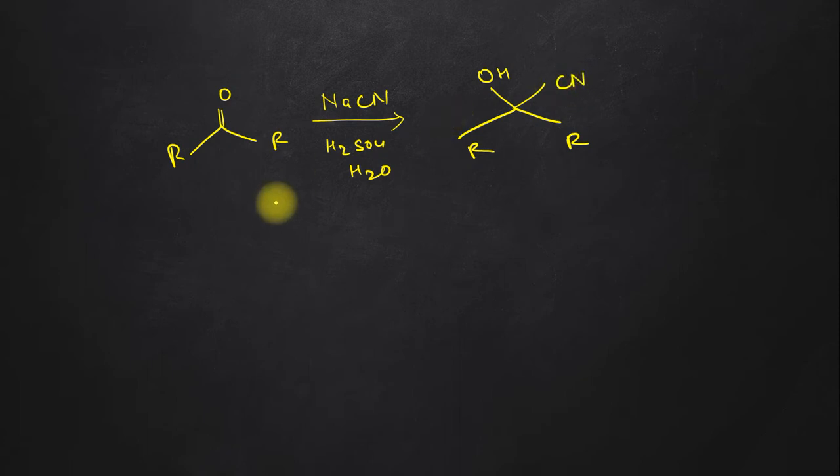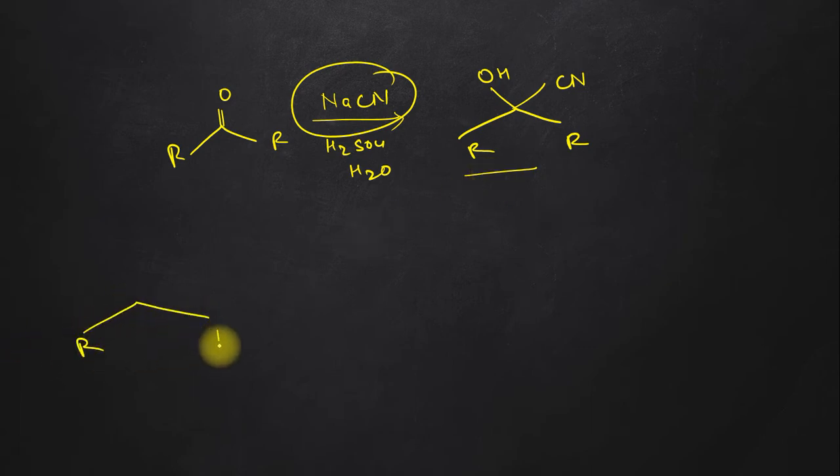Now this reaction, the reaction of an aldehyde or ketone with sodium cyanide, is a reversible reaction. So this product can return to the starting material. What is the mechanism of the return of the product to its starting material? Here we have the cyanohydrin. Now see, there is water and acid in our reaction medium, so there are hydroxide ions also. This OH minus will be there.